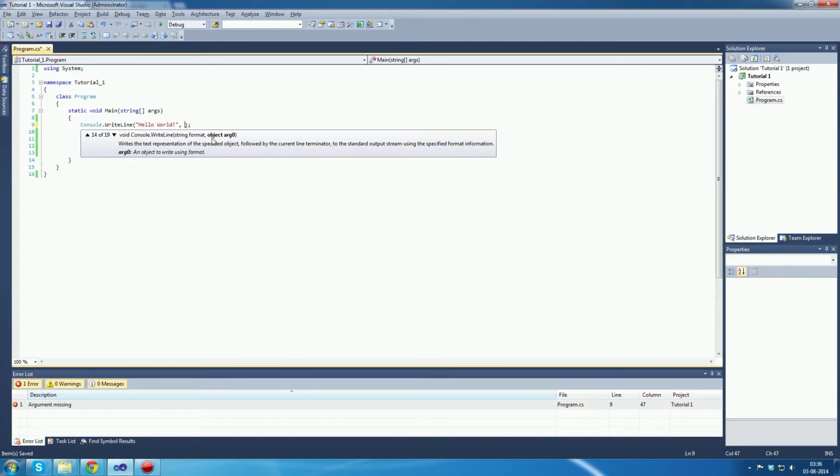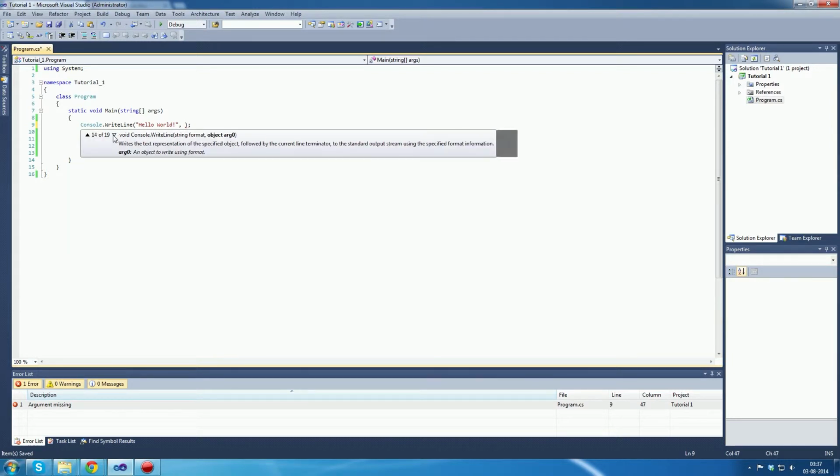In this case you can see it's an object, and you can, in Visual Studio, I do also believe you can in MonoDevelop, go through all the different types of parameters